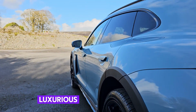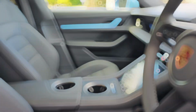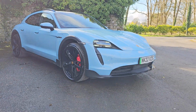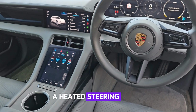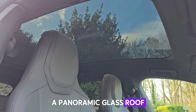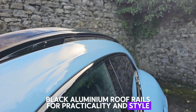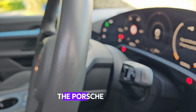Some of the factory-fitted extras include Pirelli tyres for superior grip, single-speed front and two-speed rear axle transmission, luxurious leather interior for ultimate comfort, Power Steering Plus for effortless handling, 21-inch Cross Turismo design wheels in high gloss black, an ionizer for cleaner cabin air, a heated steering wheel and heated front and rear seats, a panoramic glass roof, black aluminium roof rails for practicality and style, auto-dimming mirrors to reduce glare, the Porsche crest on the